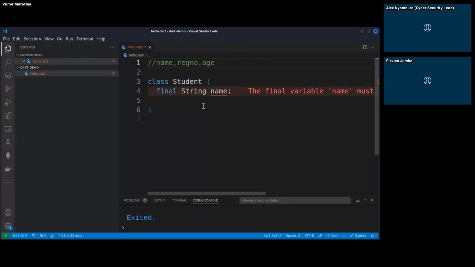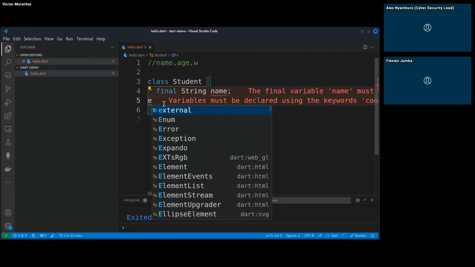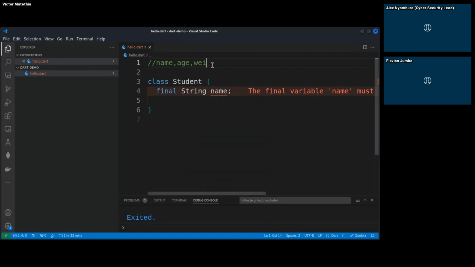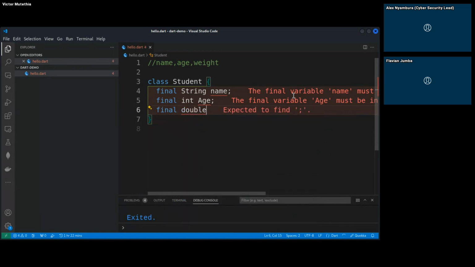So okay, I wanted something that is not of the same data type, so let's say name, age, and let's say weight. Yeah, we have the weight of a student. I want a decimal over there, that's why. So we have the name as a string, age as a whole number, that is an integer, and then the weight as some double. So we have final string name, then we have final int age, and then we have final double weight,